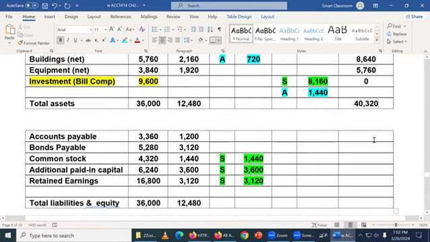And we gotta do the same thing down here. 456. These will just be these numbers right here. The only thing that's gonna be left